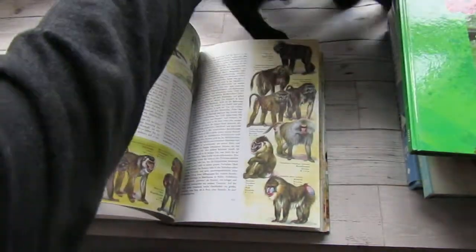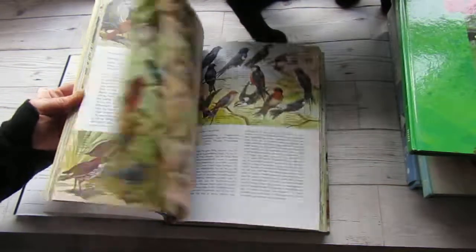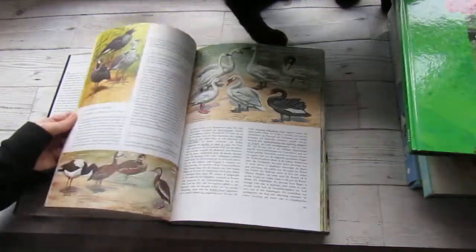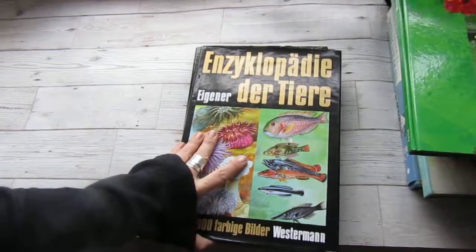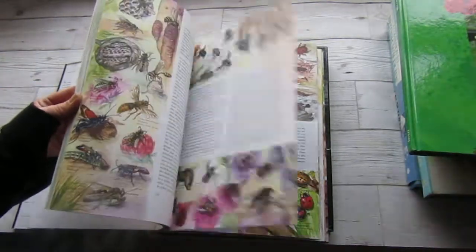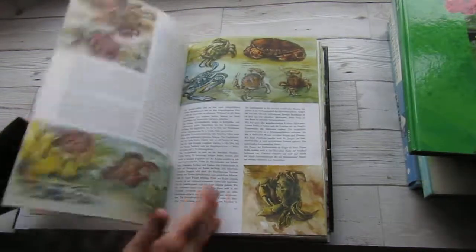Oh, Jack, go on, move on. So plenty of beautiful birds here. Really like that. I like the bird section very much. And I've got part 2 of the encyclopedia here with lots of bugs and bees and beautiful butterflies and moths, crabs,